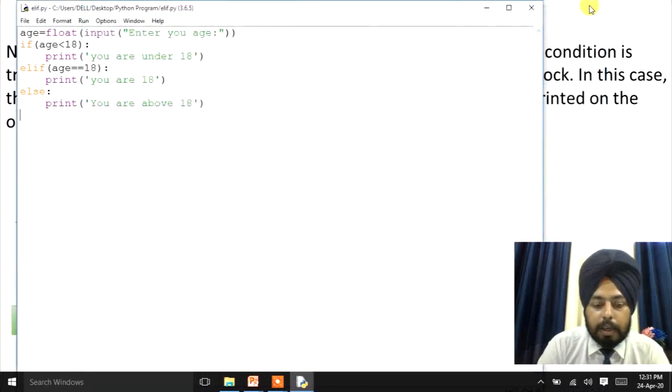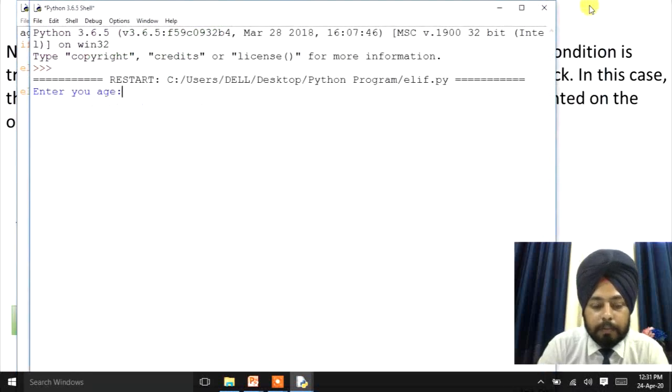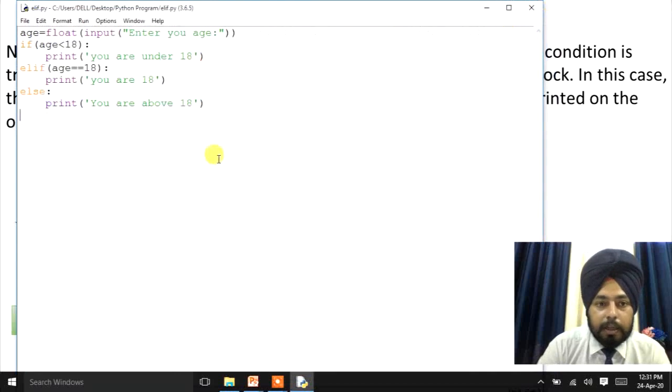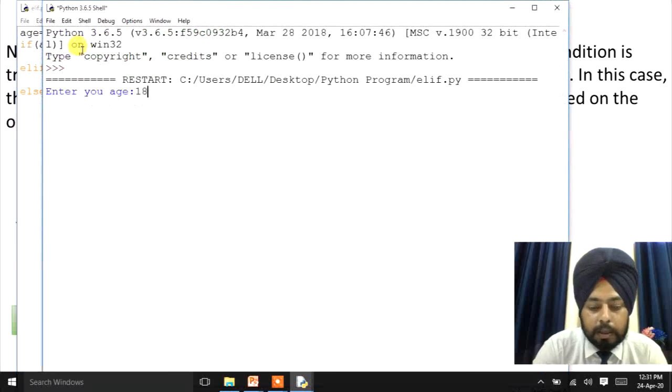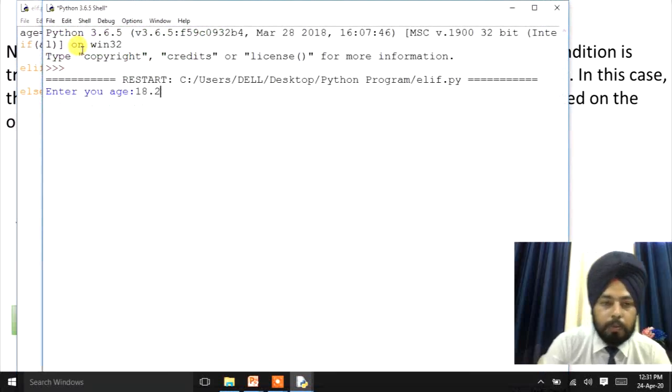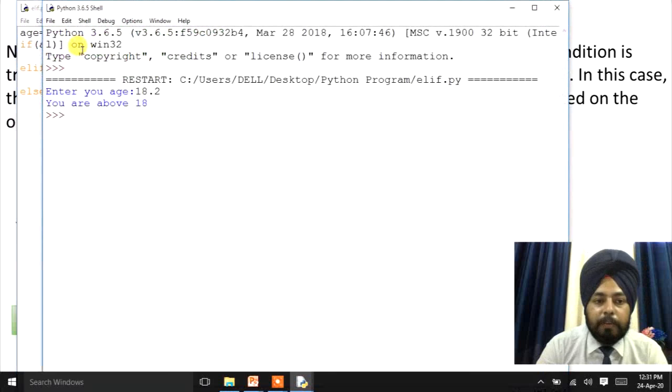Again, if I run the program and enter the age 18, then it will print you are 18. If I enter an age more than 18, for example 18.2, then it will print you are above 18, right?